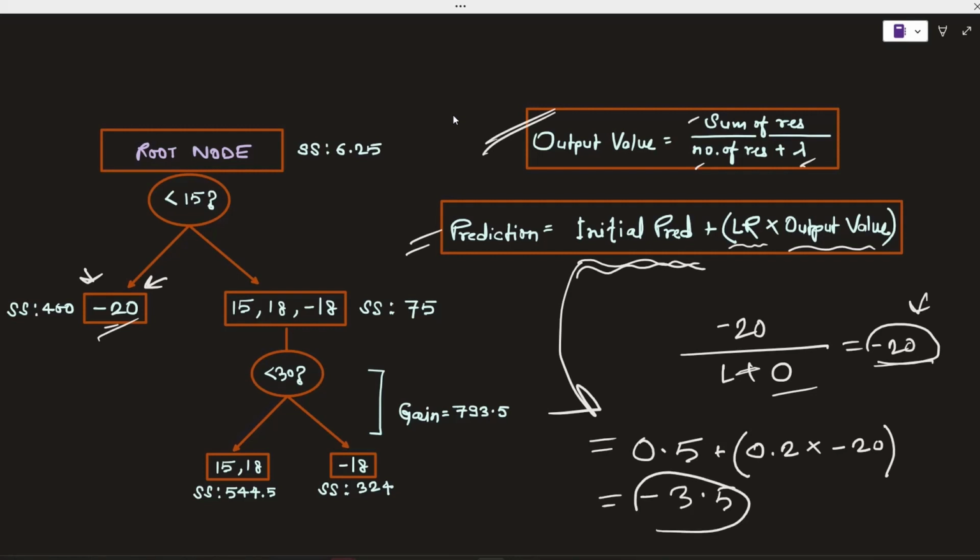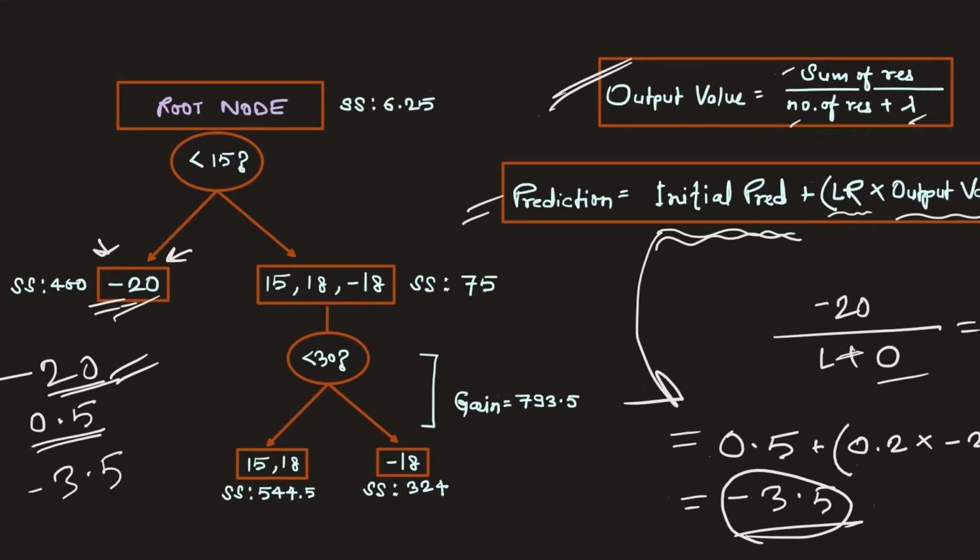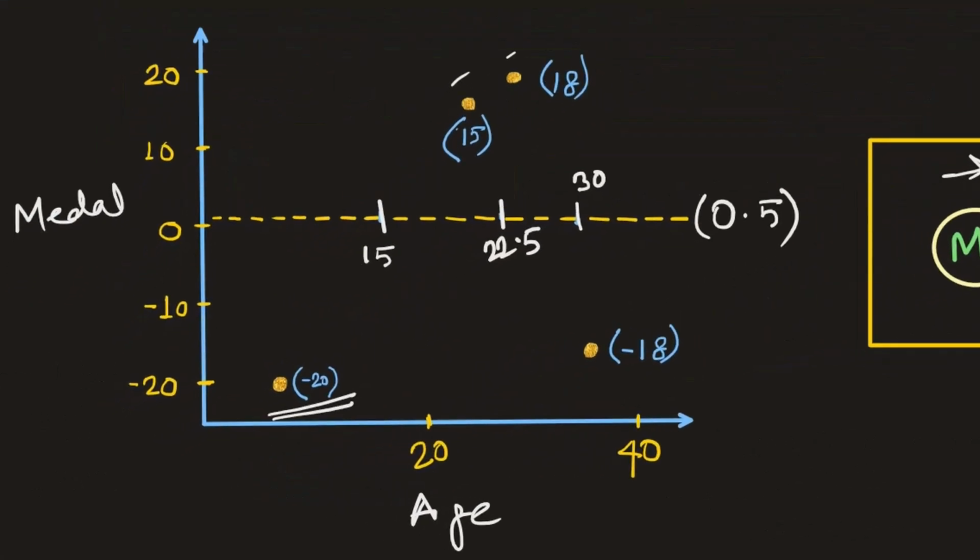And this value is indicating that we are actually moving towards the right direction. How? Because the actual value was minus 20 and the initial prediction was 0.5. That was a really bad prediction in terms of the actual value. But now with this prediction of minus 3.5, we have actually started moving towards the right direction of minus 20. I will also show it on the figure. So this was the actual value, minus 20. And this was the initial random prediction, which was 0.5. And now after training the model, it says a prediction of minus 3.5,